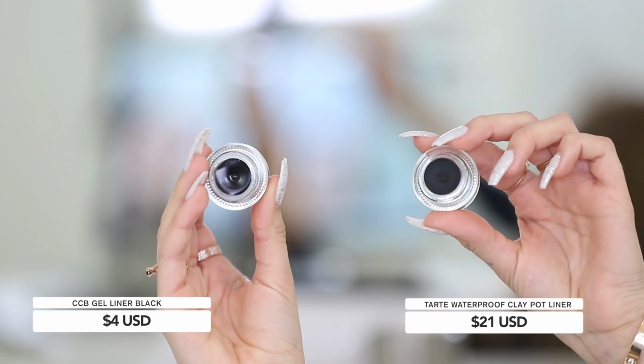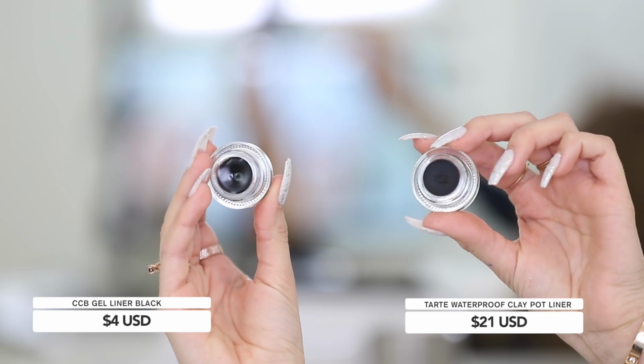The glitter shadows from Copycat Beauty are probably the worst dupes so far from the rest of them, but I mean, still not bad. It's just not perfect. So next up, let's do some eyeliner. I have the Copycat Gel Liner, which is supposed to be a dupe for the Tarte Amazonian Clay Waterproof Gel